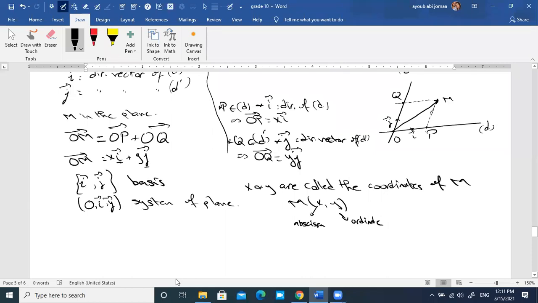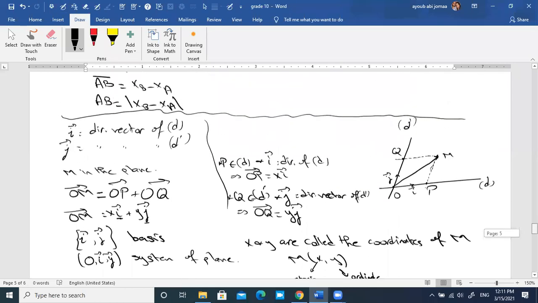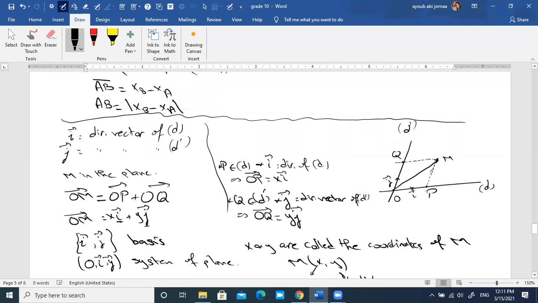If you have vector u in the plane, this is with respect to the coordinates of a point on the plane. If you have vector u, any vector u in the plane, then vector u is equal to